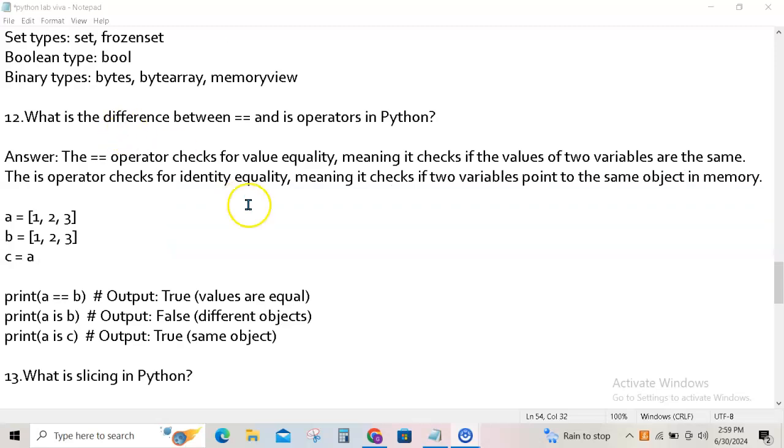Next is, what is the difference between the equal to and is operator in Python? The equal operator checks the equality. It checks whether the values of the two variables on the left and right of the equality sign are the same. While the is operator checks identity equality. It checks whether the two variables point to the same object. So the equal sign checks whether the values of the variables are the same or not, whereas the is operator checks whether they are pointing to the same